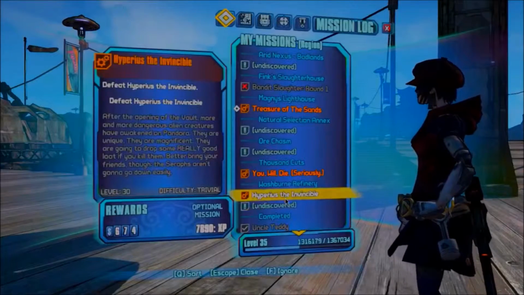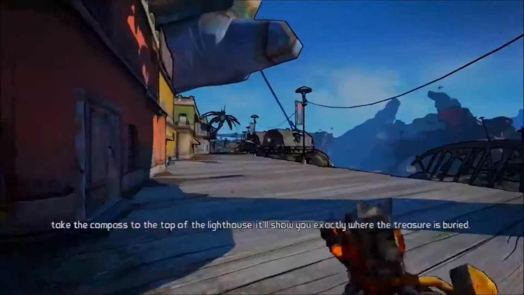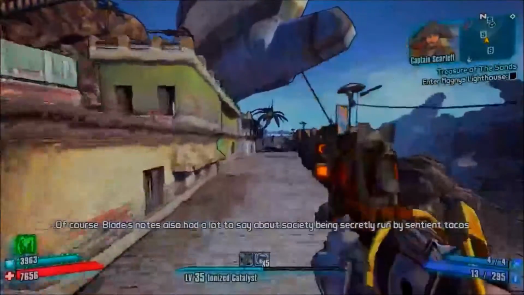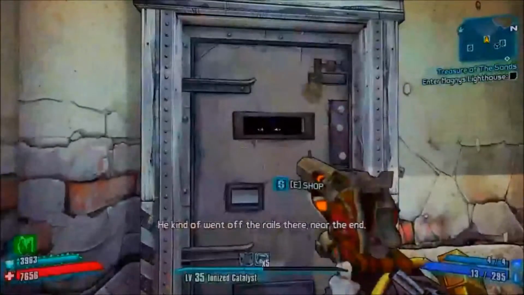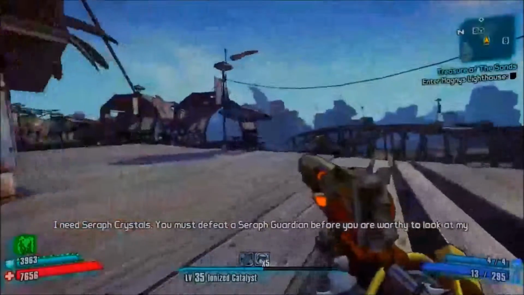And I have one more mission at the refinery. Of course, Blade's notes also had a lot to say about society being secretly run by sentient tacos. He kind of went off the rails there near the end. I need Seraph crystals. You must defeat a Seraph Guardian before you...